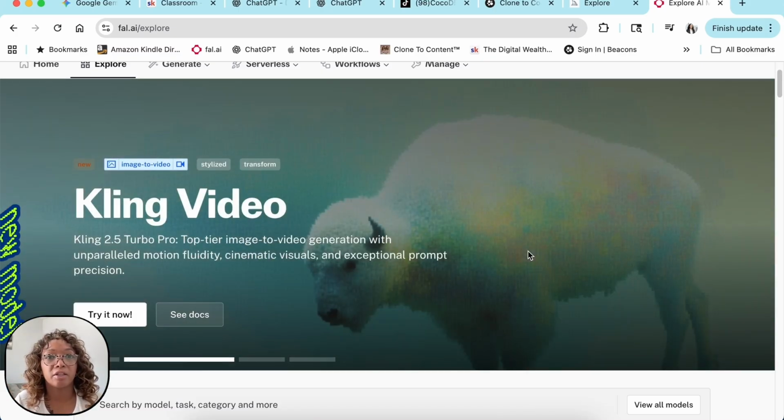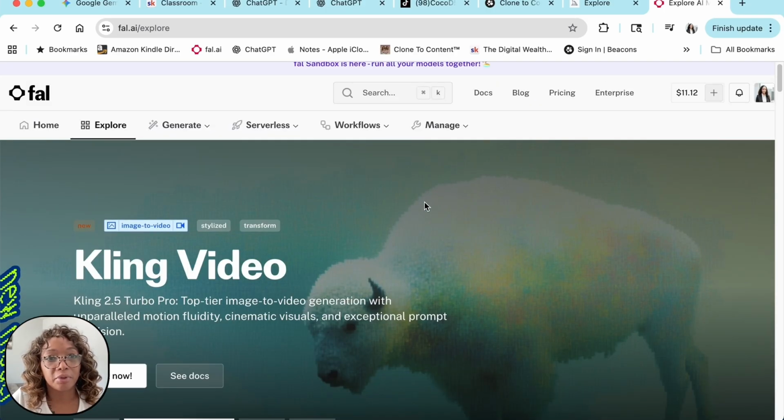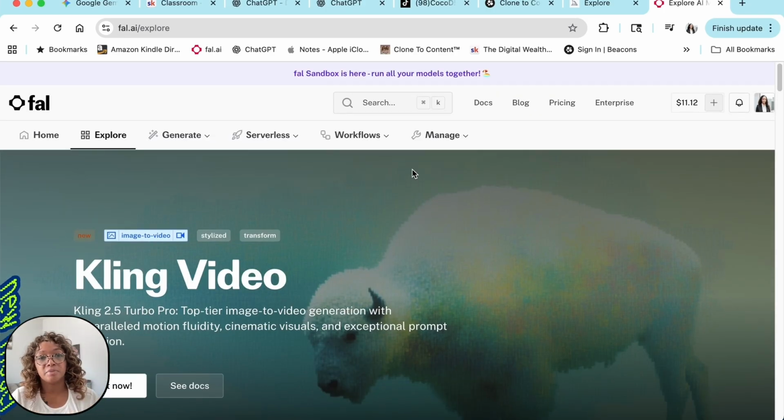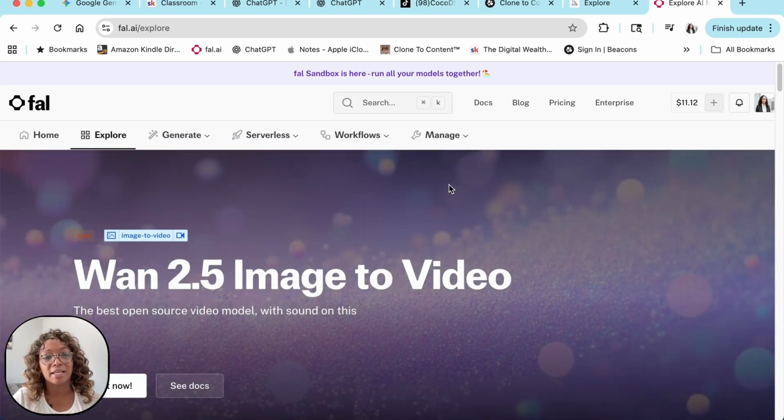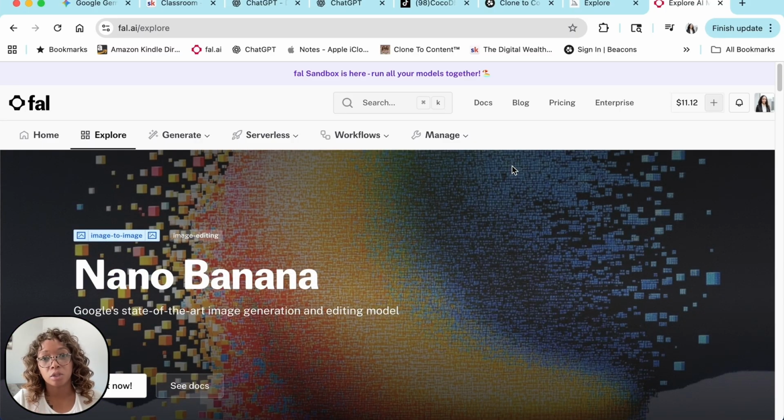I've been doing this for the past few months and I'm still learning. I don't really even know how to maneuver around in here that well because FAL is kind of technical, but it's not scary technical. You can learn it. But like I said, I do suggest that you get either Clone to Content or DWA to get the courses that fully immerse you in how to utilize these softwares, okay?